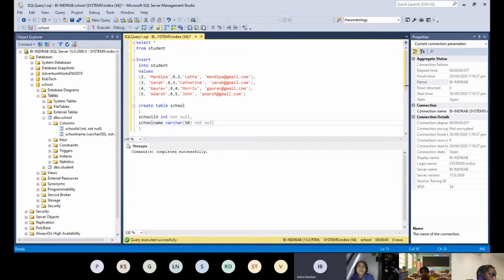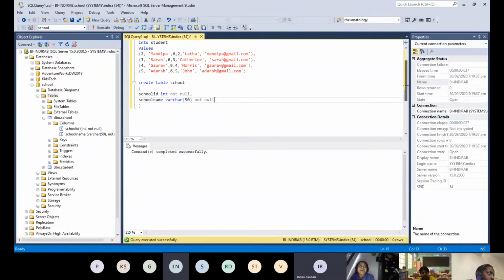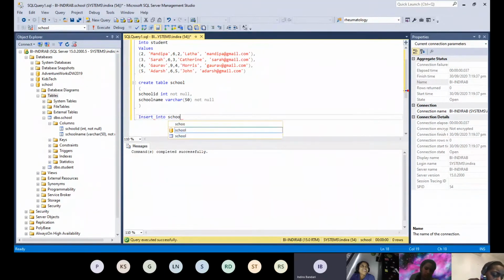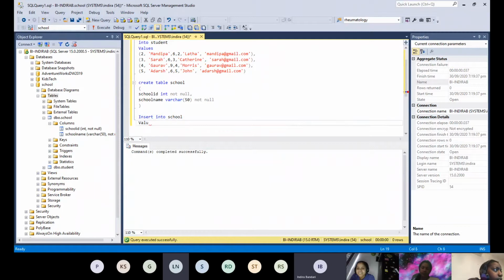So I want to now insert data into school. Insert into, I can straight away say school, because there are only 2 columns. I'm going to start giving the values. Now we have given 1, 2, 3, 4, 5, right?